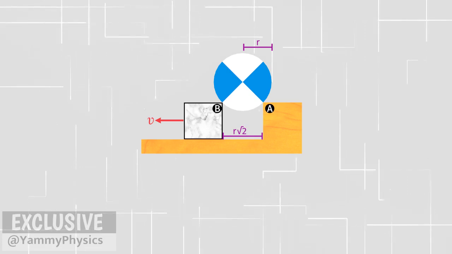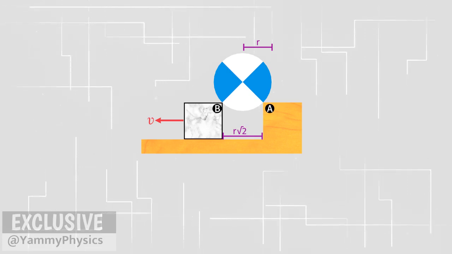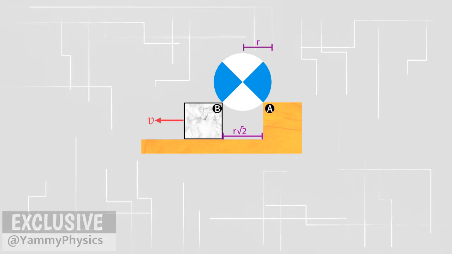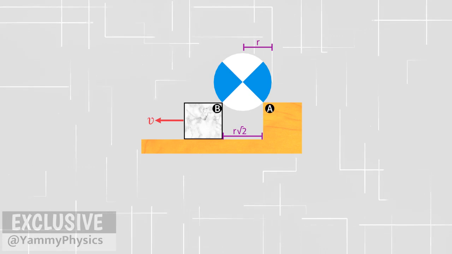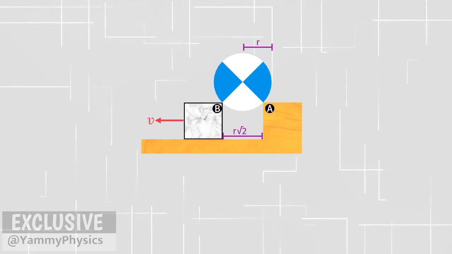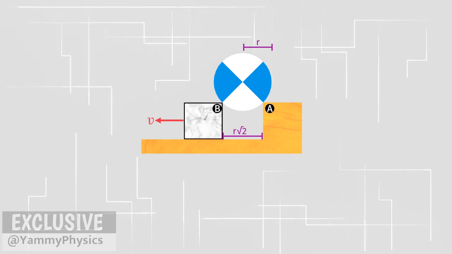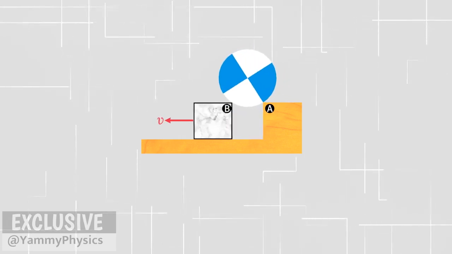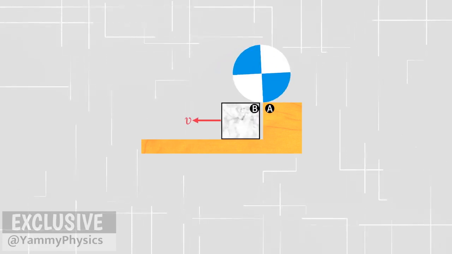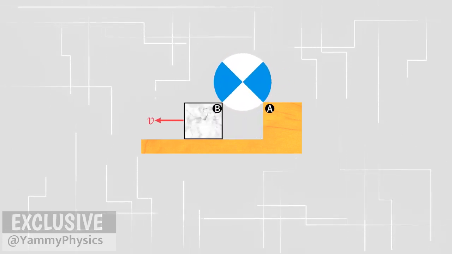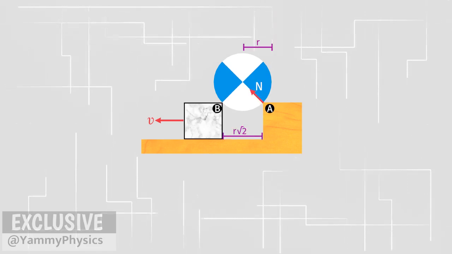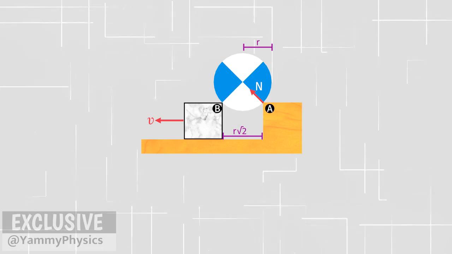We are asked to calculate the normal force acting on the cylinder. So our focus of attention now is the cylinder. The normal force is perpendicular to the contact surface. Since the contact surface is a point, we will play an animation of the cylinder's motion. From this we know that the normal direction is from the point of contact towards the center of the cylinder. This is the force we want to calculate.